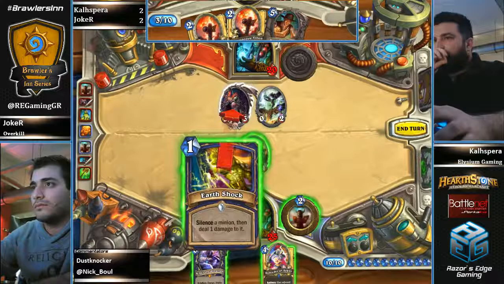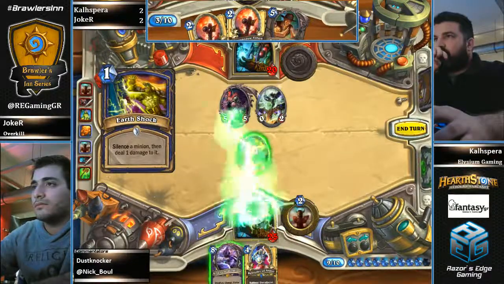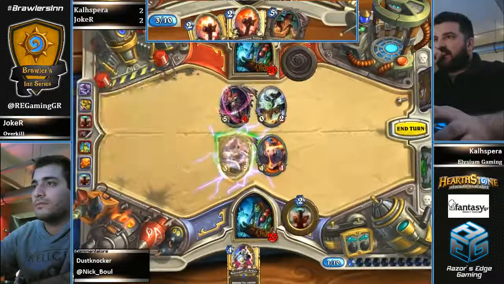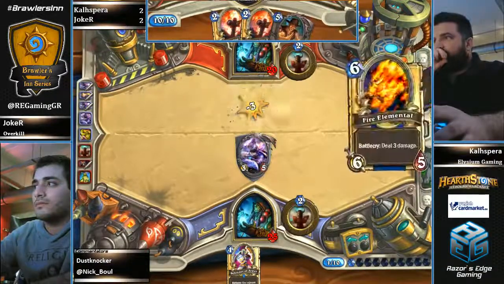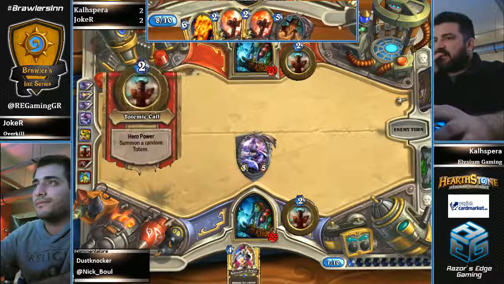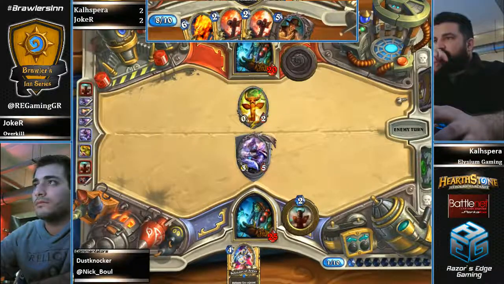No, I believe this to be the better line of play. Yeah, so he's gonna silence Sylvanas, then use the Divine Shield on Alakir and Totem to trade with Sylvanas, and then trade with the Totem. So very productive turn for Joker right now. And Kalispera is gonna draw a Fire Elemental of his own. He's gonna roll a Totem, he finds a Healing Totem, and then